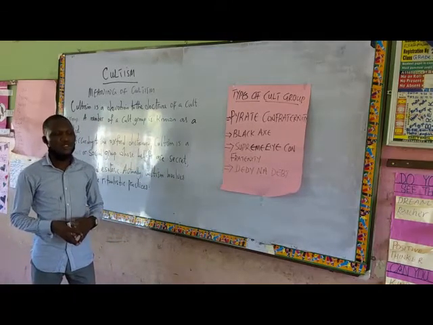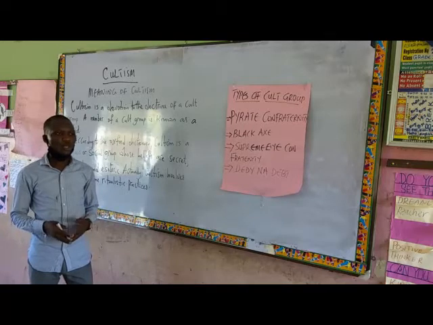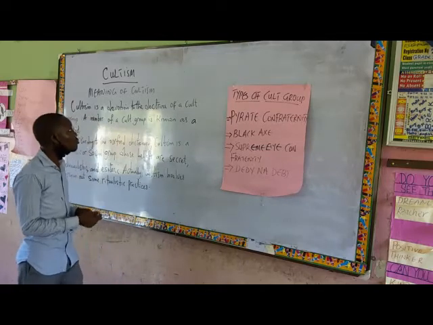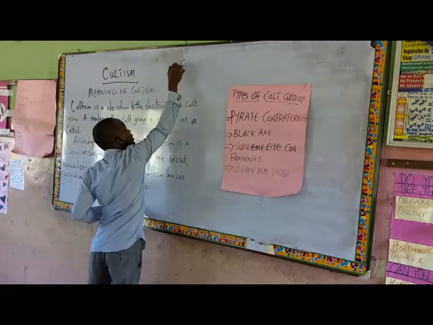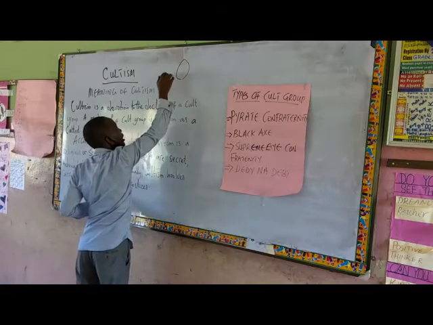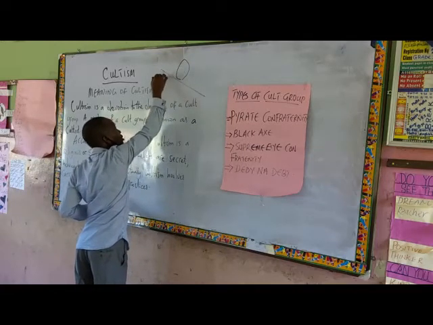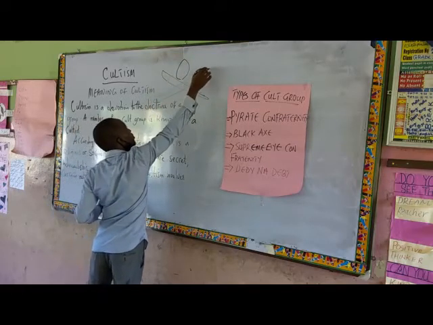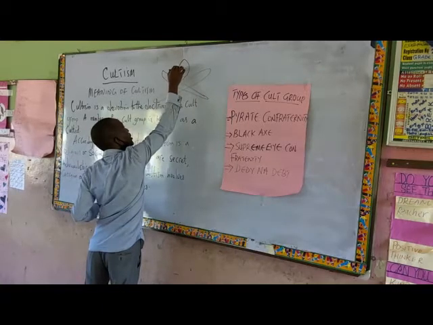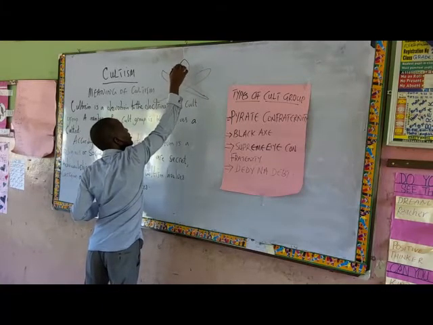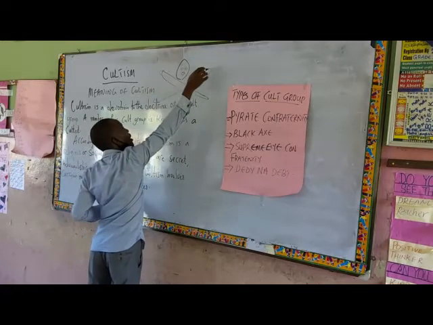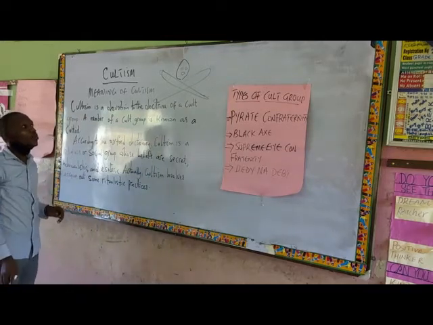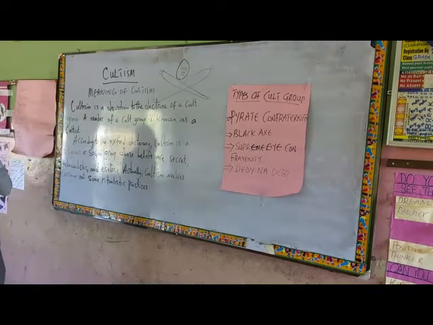So they did that in order to fight for their emancipation and for their freedom at that particular time. And that particular group made use of this sign as their symbol. So when you see this, some people know this one as danger today. You know it as danger today. So when you have the skull and this sign, this is the sign that was used by Pirate Confraternity